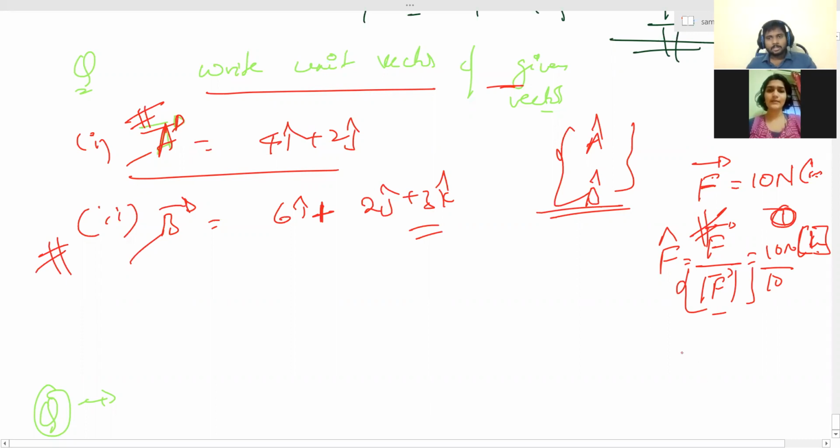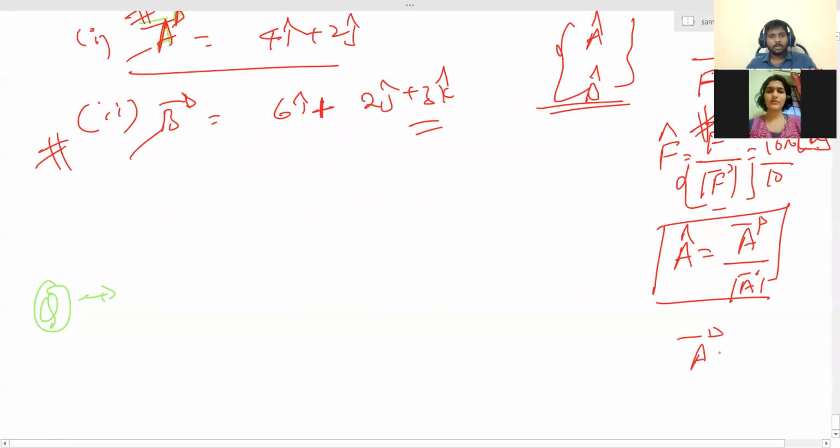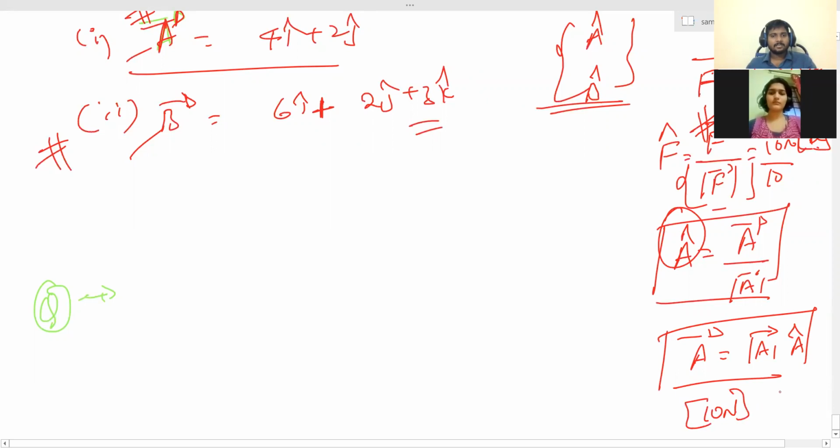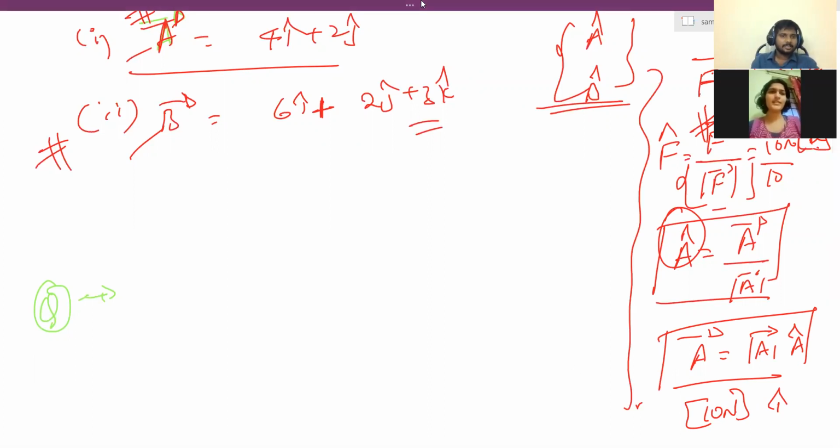So I told you a formula also. Any vector cap you want to find, you divide its own vector with its own magnitude, then you will get the cap. Otherwise, if you know the unit vector along that direction, you multiply the magnitude with its unit vector, then you will get the vector. Like suppose 10 newtons in x direction means 10 newtons into the x direction vector, which is i cap. That means you will get 10 i cap. You remember it all, not? Yes, sir, I wrote it also.